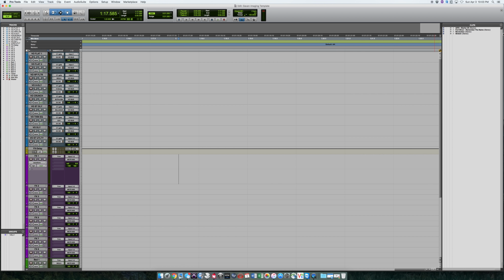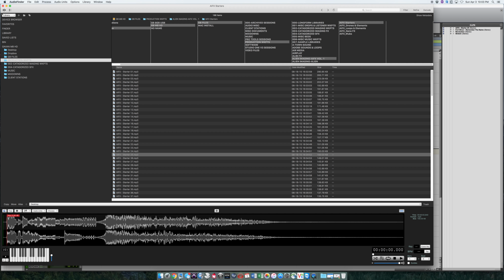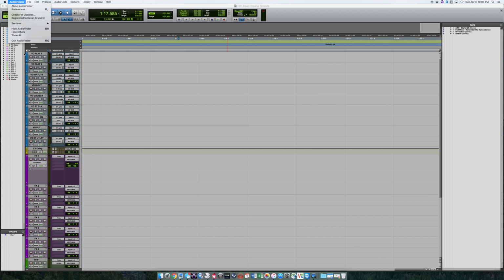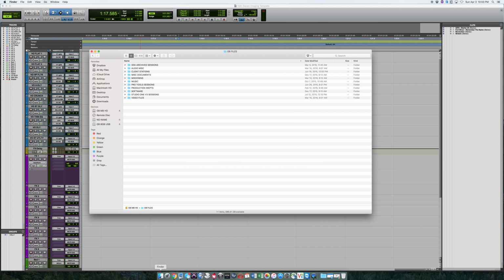So I just drag and drop it right here into the clip list and let it convert, and then you can drag it into your session there. The other option that I'm using, which is really good, although I would really like if they updated it a little more often,